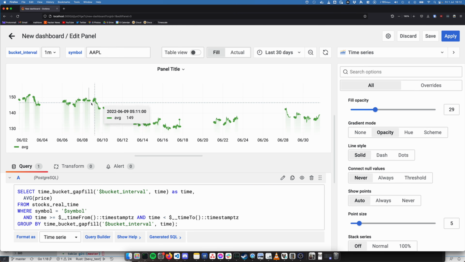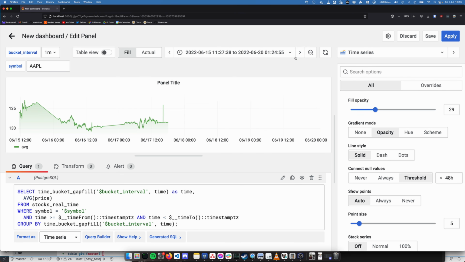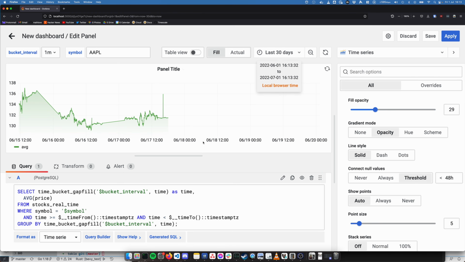But this gives us a sort of a really ugly graph. Another thing we can do is add a threshold for 48 hours. This will make sure that it only bridges the gaps between where it's night and day, but not the weekend. So we can do this. As you can see, it bridges these gaps really nicely, but it doesn't bridge the gaps of the weekends. So it gives us a really nice insight into what the stock is without having to sort of look at